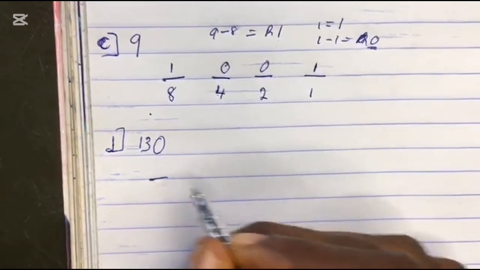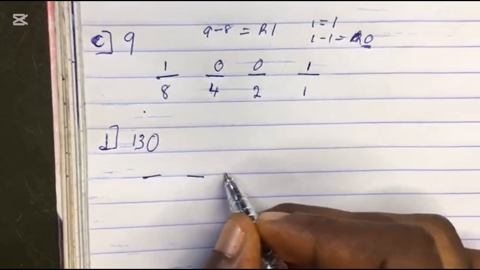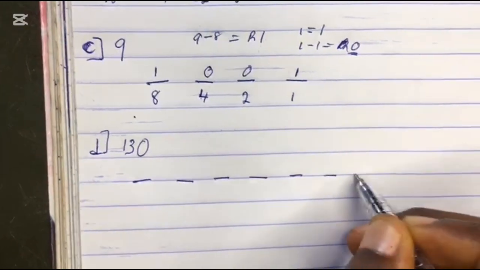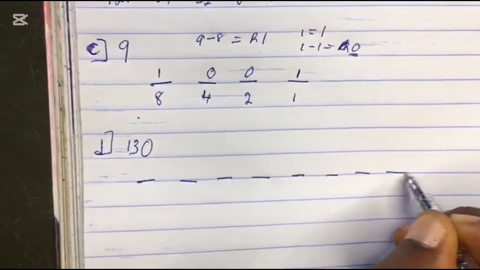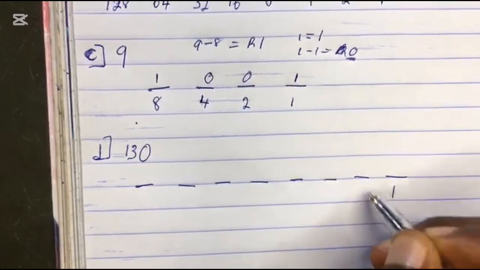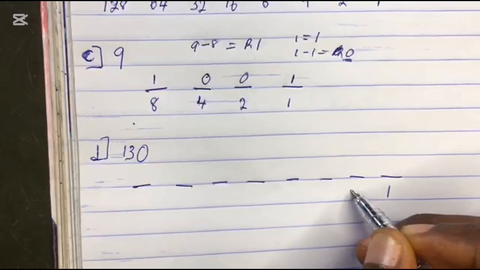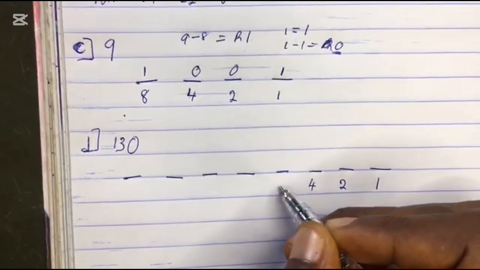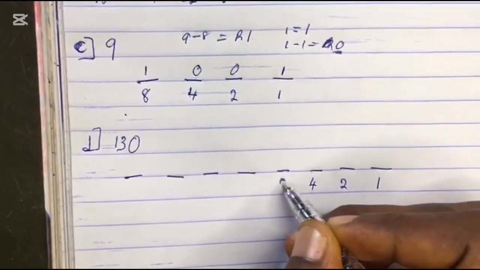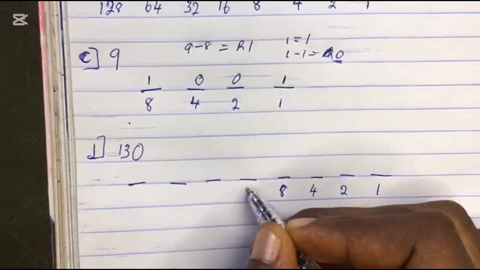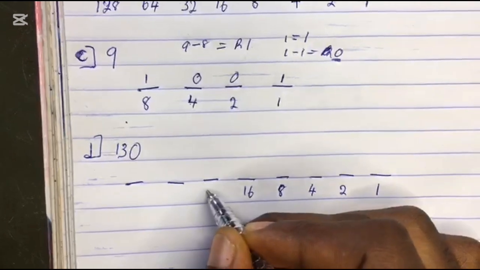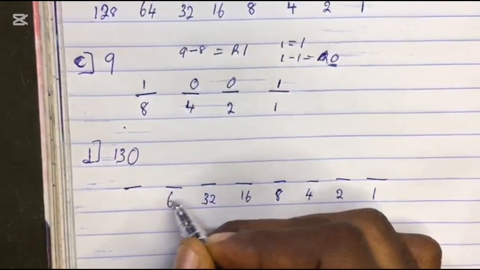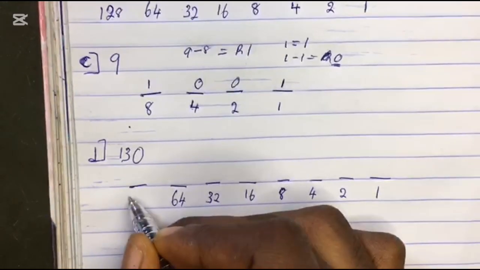So we have 1, 2, 3, 4, 5, 6, 7, 8. So we have 1 multiplied by 2, 2 multiplied by 2, 4 multiplied by 2, 8 multiplied by 2, 16 multiplied by 2, 32 multiplied by 2, 64 multiplied by 2,